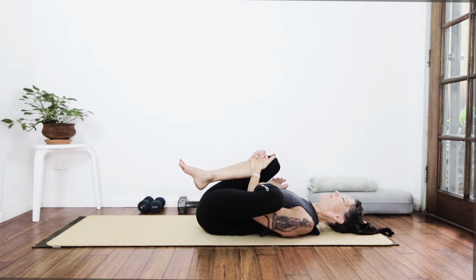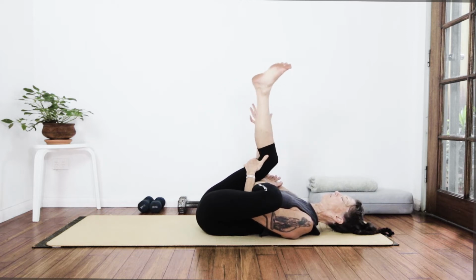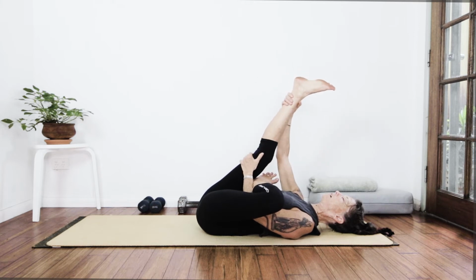On the first exhale, we're going to relax the feet. Oh, I was holding tension there. Next deep breath in. Relax the thighs on the exhale. Next deep breath in, and if you like, either stay there, or if you like, straighten your leg, and if you can,